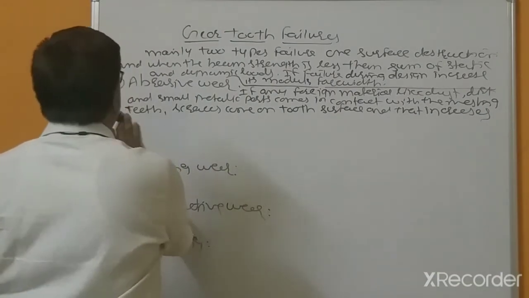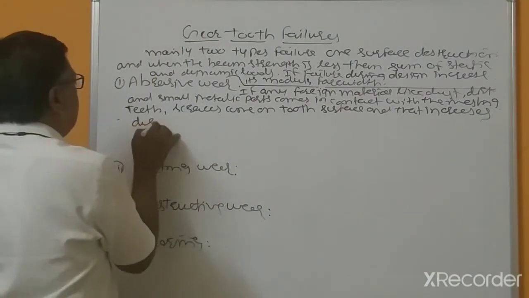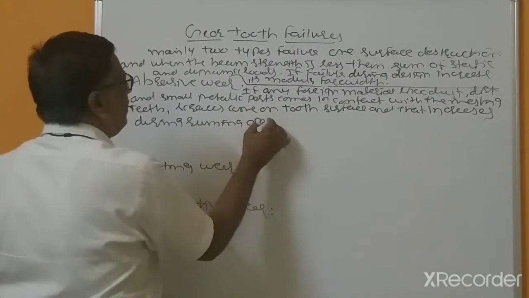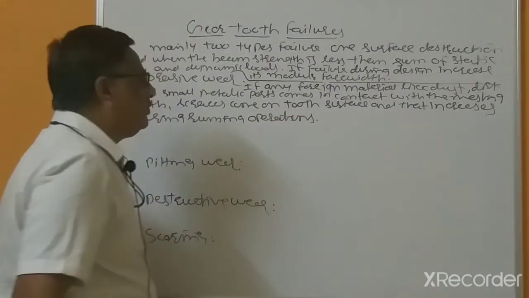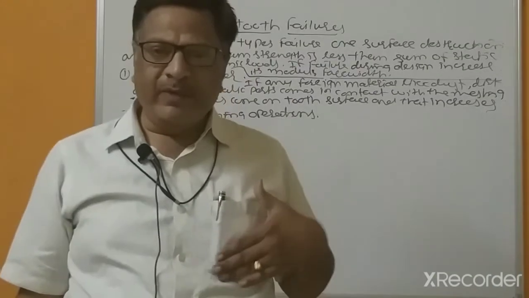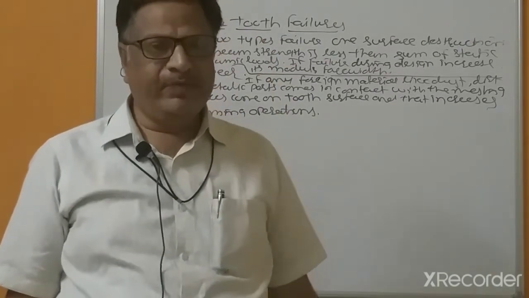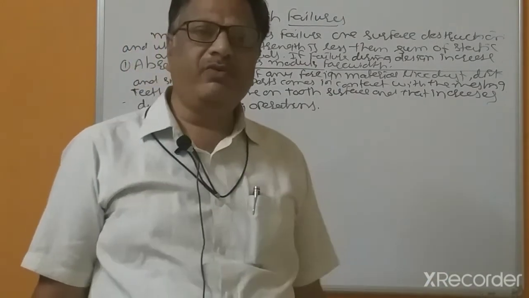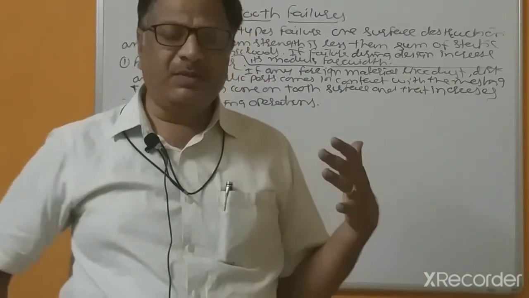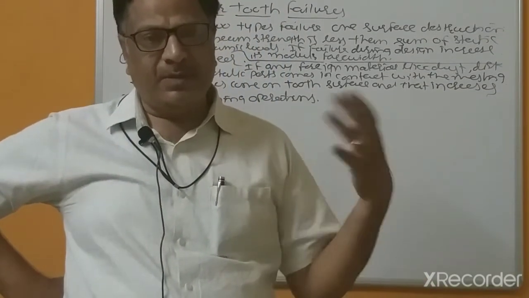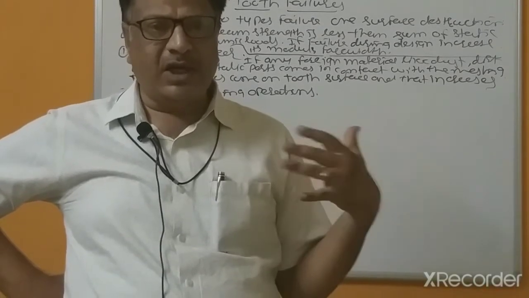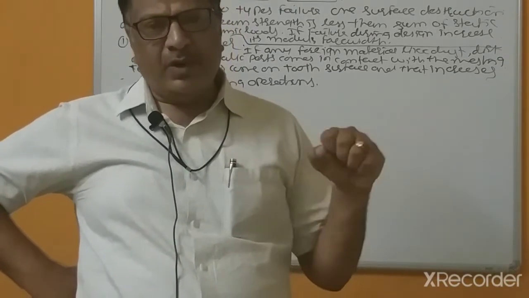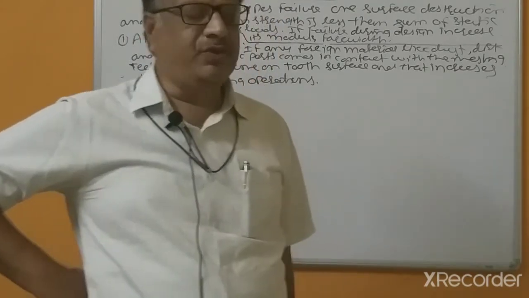So during running operations, that's why after purchasing a new bike, within 500 kilometers or after 500 kilometers, we have to change the oil. Why change the oil? Because any dust or dirt particles present from manufacturing remain in the gearbox, scratches may occur, and the wear rate of the gears may increase. To avoid that, after 500 kilometers, the lubricating oil is to be changed.